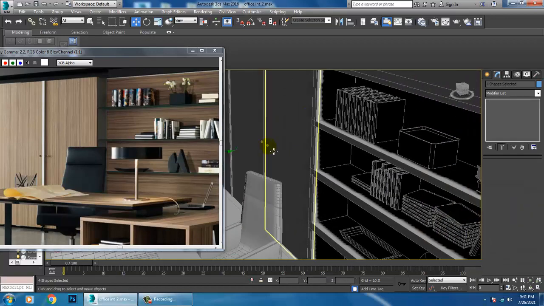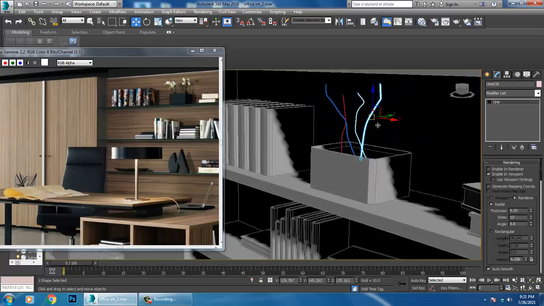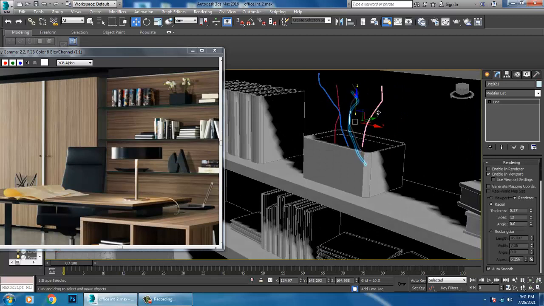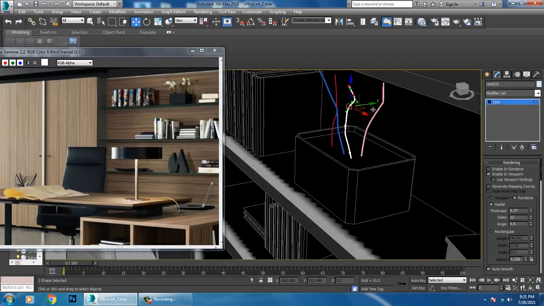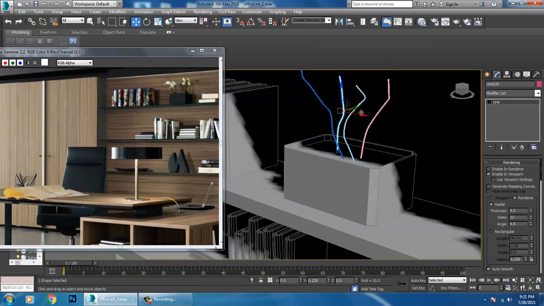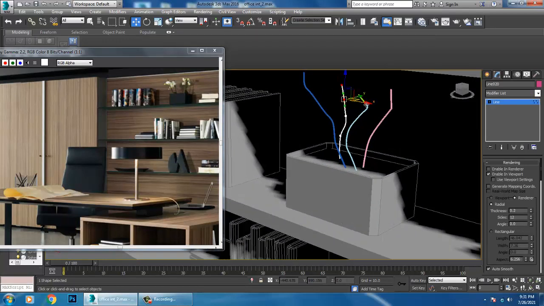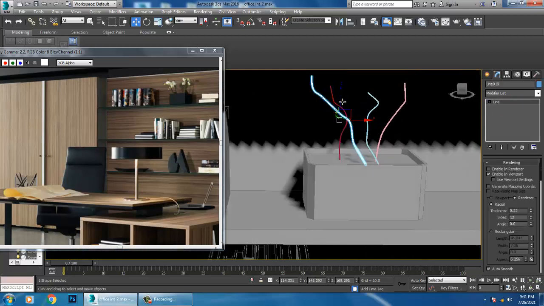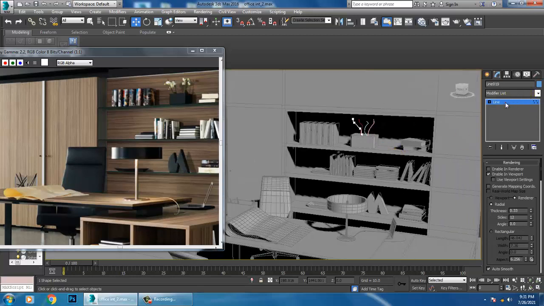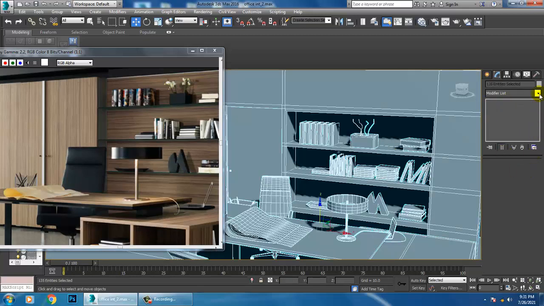Select this and slightly push it in this way, randomly. Just save your file.